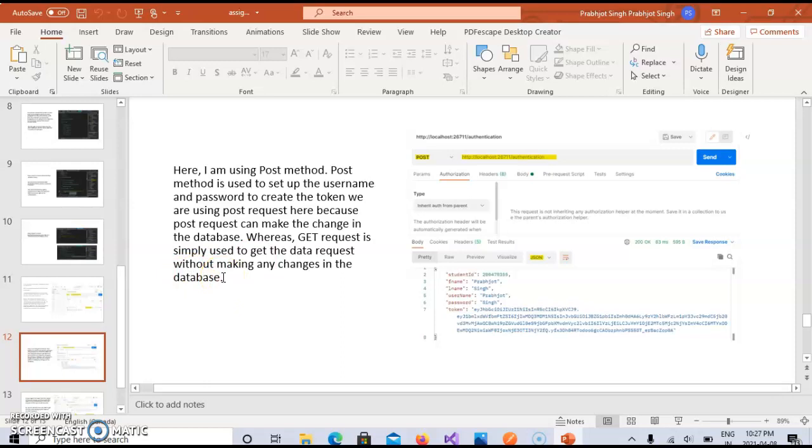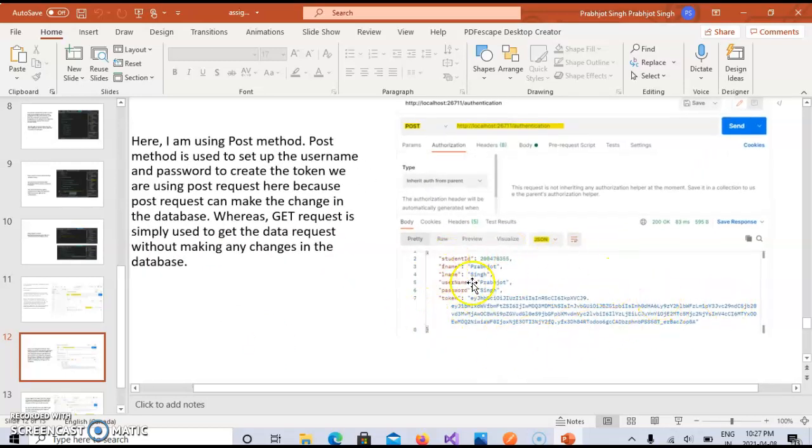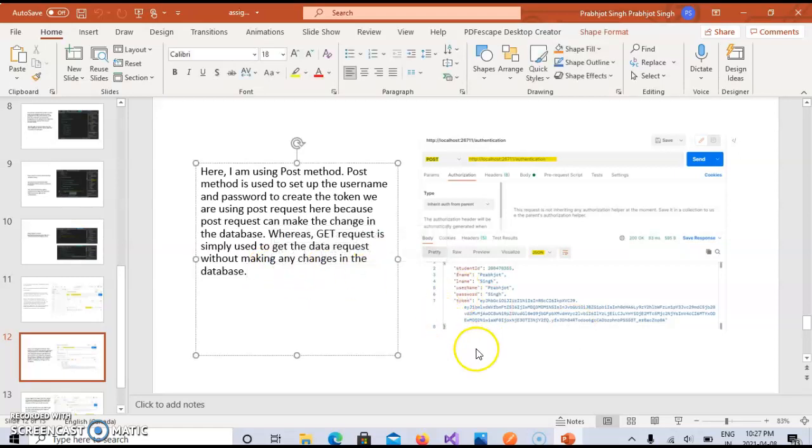So what is the benefit? Take the same scenario: if we have to take services from a bank, we won't use only a single server, it will have multiple servers. So when I switch from one server to another, it will use this same token to get the service from the other server. I don't have to enter my login ID and password again and again, and a new session will also not be created as it was before. So that's why JWT is very helpful.